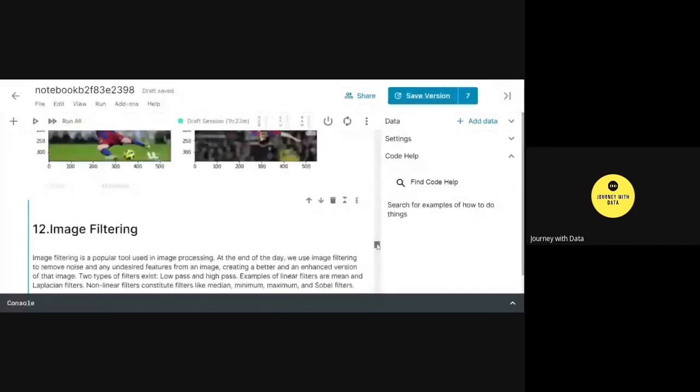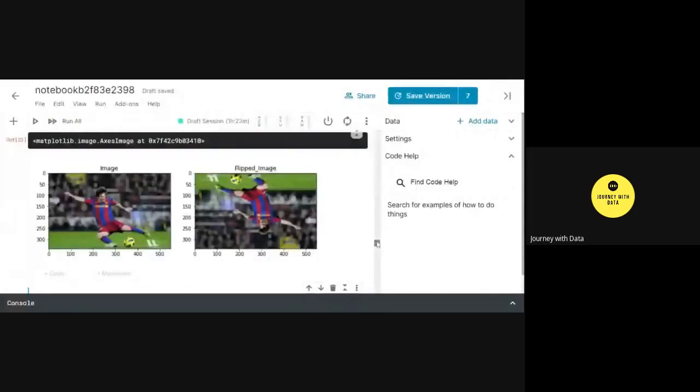If you notice, the image is almost an inverted image. So this flag in cv2.flip is responsible for flipping an image in a particular direction.